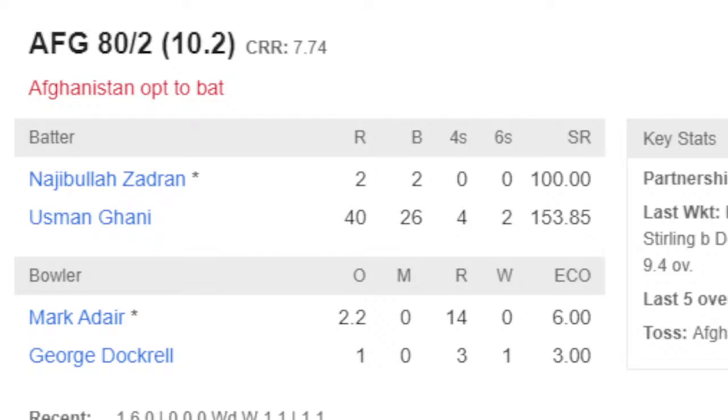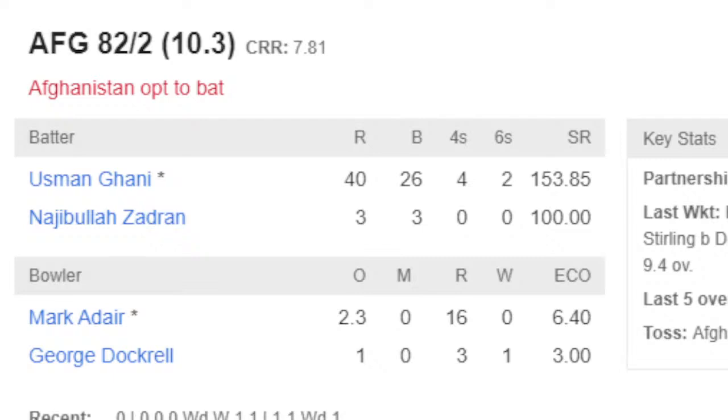And could be. So we see one get up in the air and caught at fine leg. A fantastic catch by Paul Sterling running back. And that's exactly what we're talking about with George Dockrell. Coming around the wicket, it does take LBW out of the equation, but to play that sweep shot that Shahidi is so good at, he's got to go across the line there, and that brings into the equation that top edge. It makes it really difficult to score. So 3 dots leading into a wicket. Fantastic start for